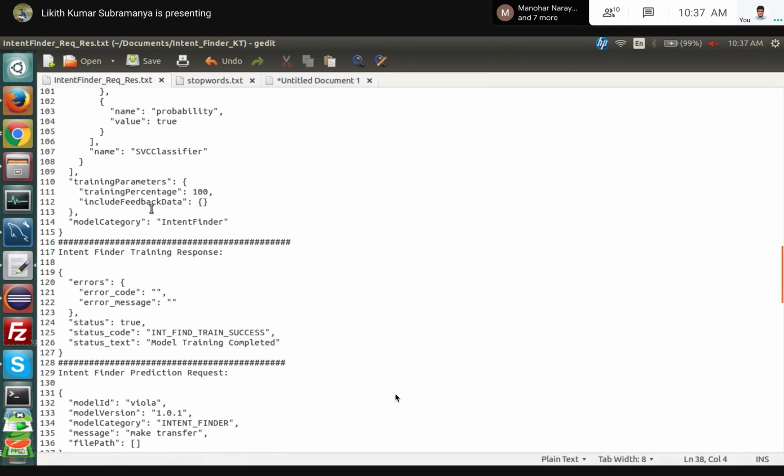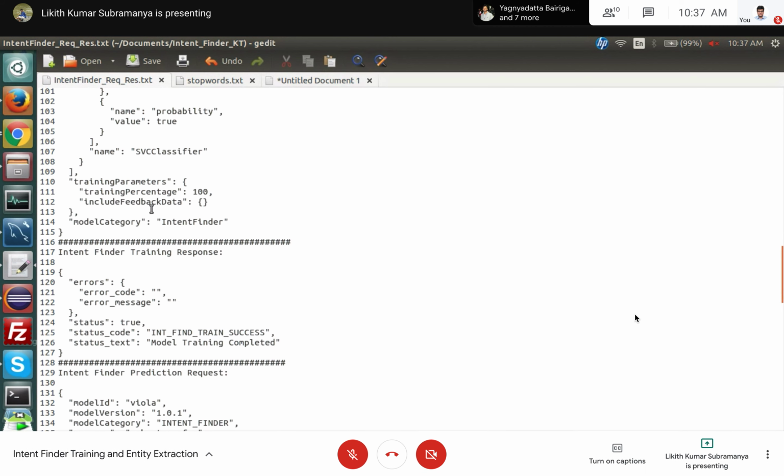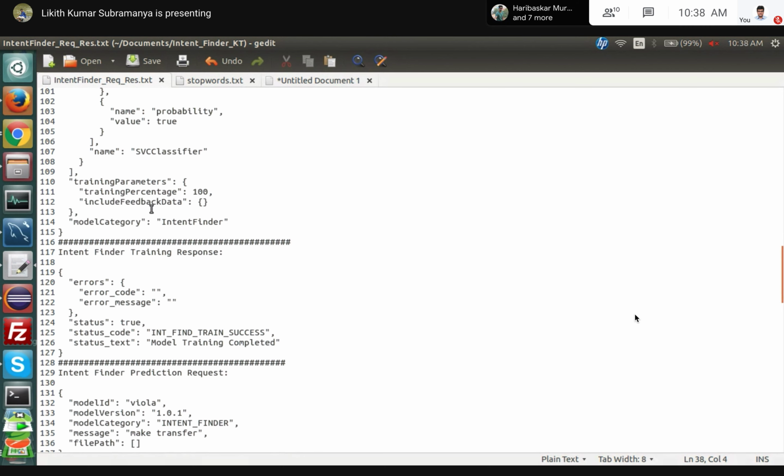Regarding algorithms, it's open source as well. Scikit-learn has multiple algorithms. If not these 5 algorithms, you can learn many algorithms from there as well. But currently we are supporting these 5 algorithms based on our data. This is like trial and error, Manohar. To initially start, whether you want stopwords to be yes or no, all of this is trial and error based on your accuracy. You can put stopwords as no, put stopwords as yes, train, and check the accuracy. Ultimately, you'll come to a point where your model is accurate.